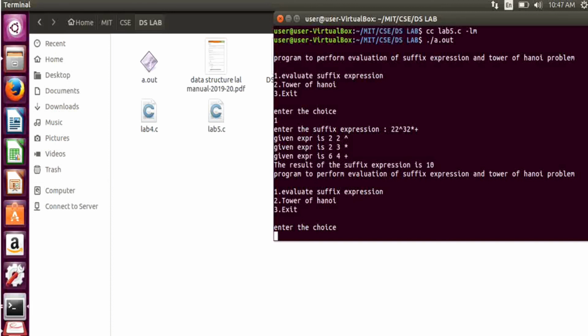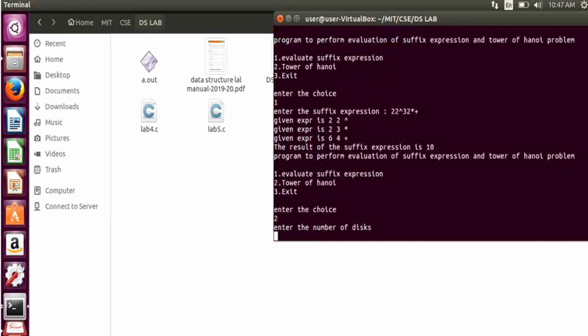Now let us enter choice number 2, that is Tower of Hanoi. It is asking the number of disks now. I'll give the number of disks as 3.